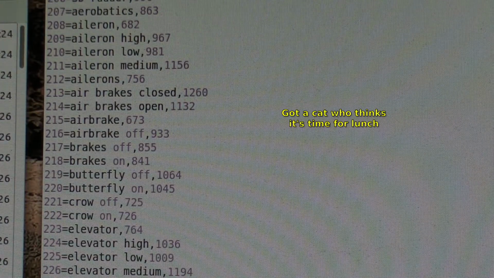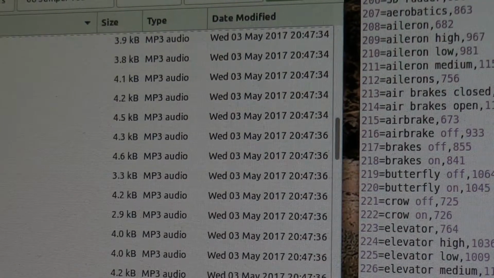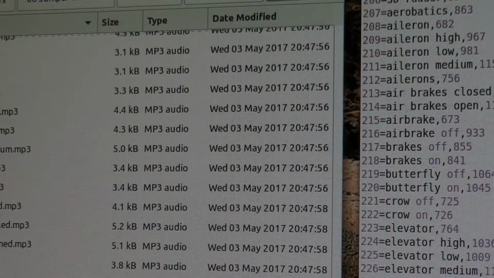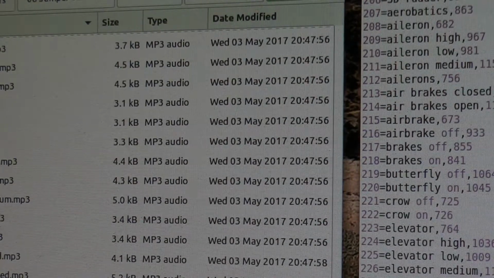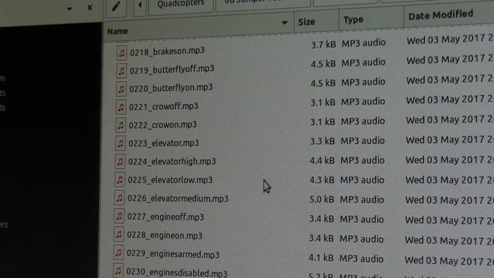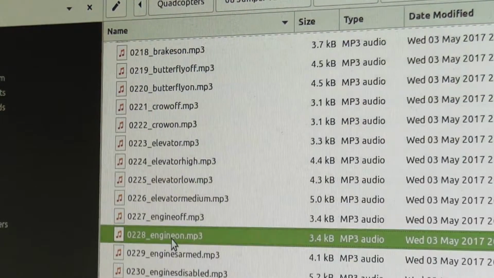So that's 227. So if I look for number 227 over here in the MP3 ranks, scrolling down furiously to 227, there it is, 227, and strangely enough, if I click on that,